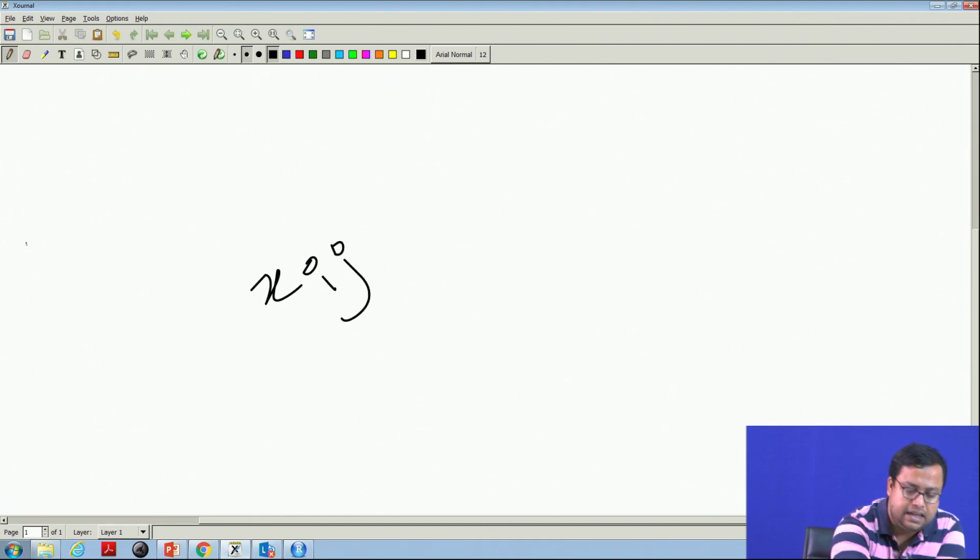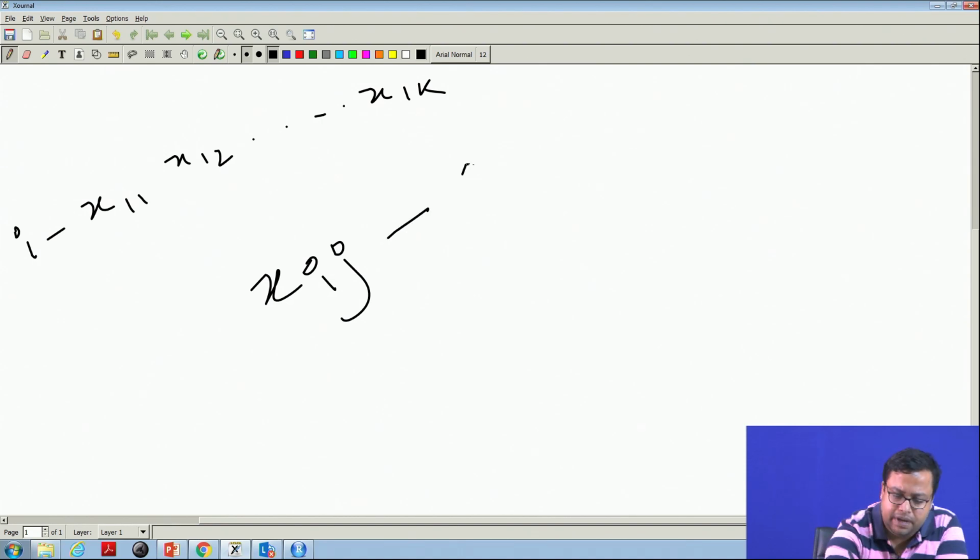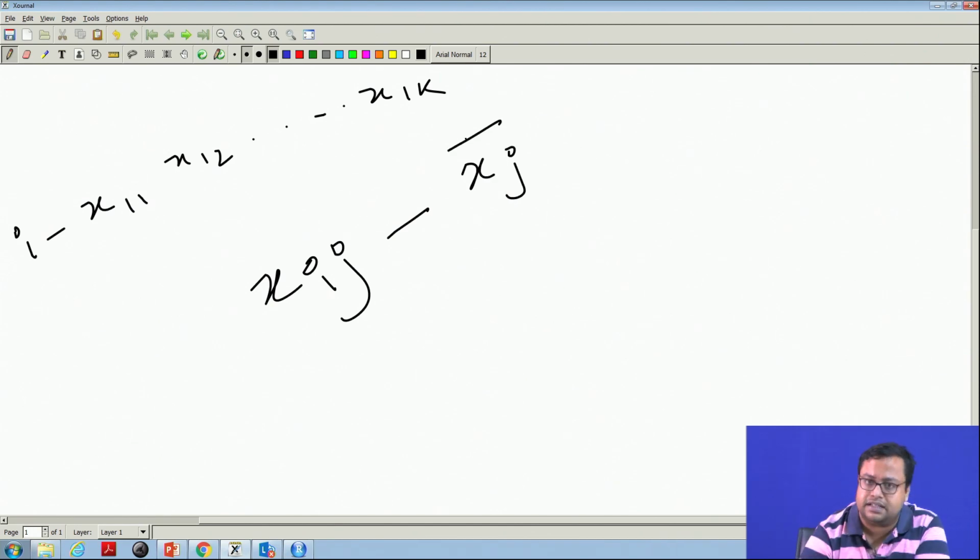So, let us say ith person is x11, x12 up to x1k. Okay. So, ith person's jth characteristics minus the mean of jth characteristics, square them up,